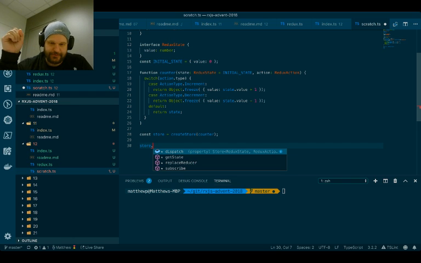One is get state, and then the other is dispatch, which is the idea of telling it to dispatch any particular message that comes through and say, hey, Redux action of foo needs to happen. Get state is another piece which allows us to get the current state of our object, and in a way,